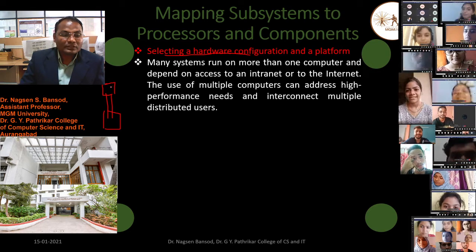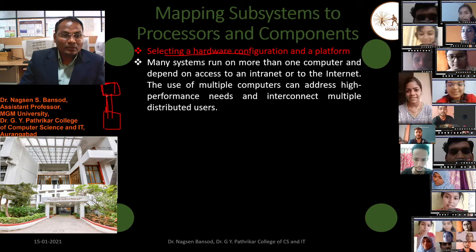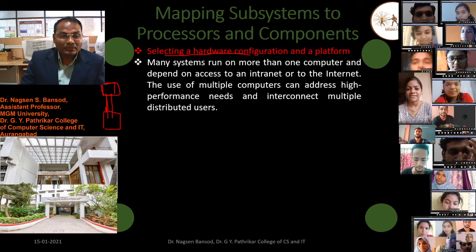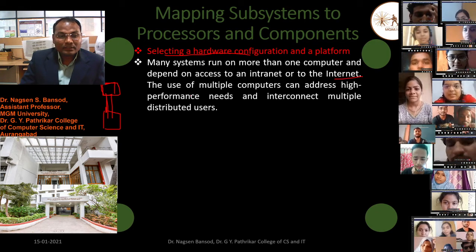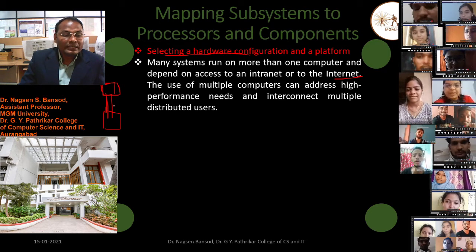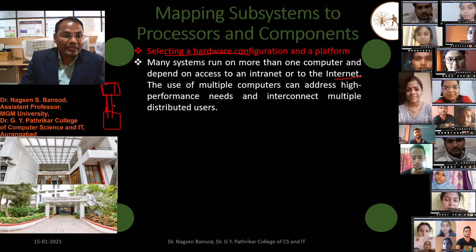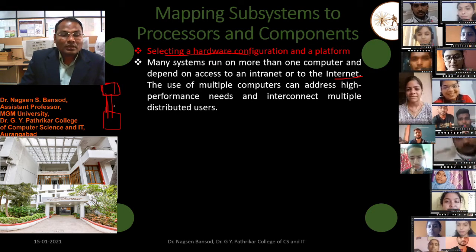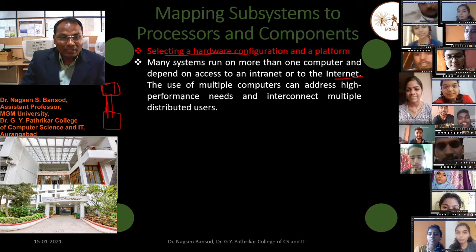We can access one computer from another through the intranet, or from a long distance we can access one computer from another using the internet. If there is no direct connection in the router, then we have to use the internet, so that data can be exchanged, and software can connect from one computer to another.